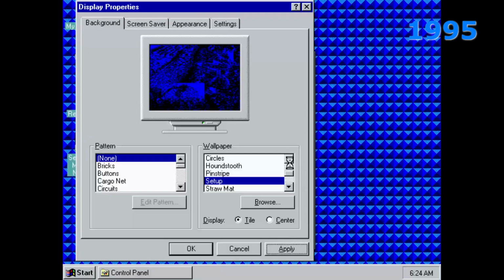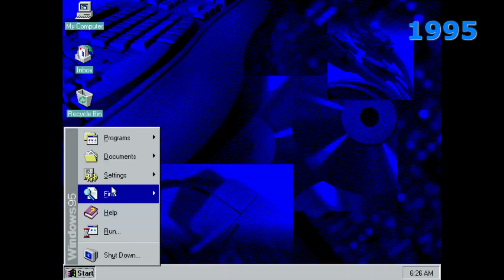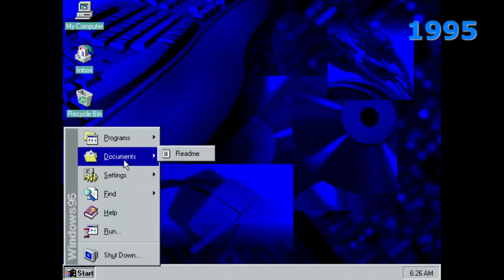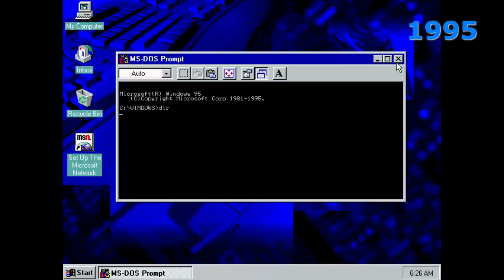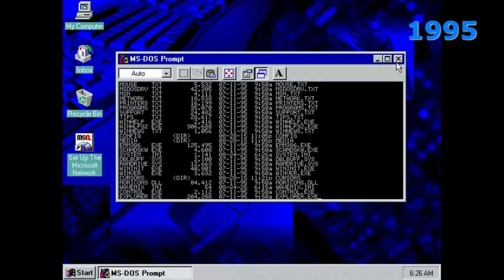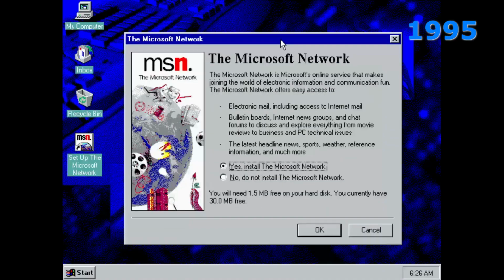Windows 95 tried to feel more welcoming with a cloud's background and introducing the startup sound, using the one I played at the start. Here, Windows was still running on MS-DOS, but they were kind of merged into one. The computer would boot into Windows and you could use DOS commands from the MS-DOS prompt. While the World Wide Web was not a big thing yet at that point, it was about to be, and Windows 95 included Microsoft Network or MSN.